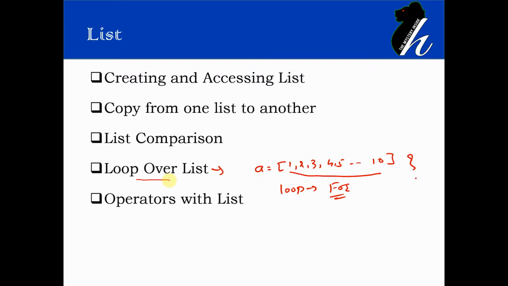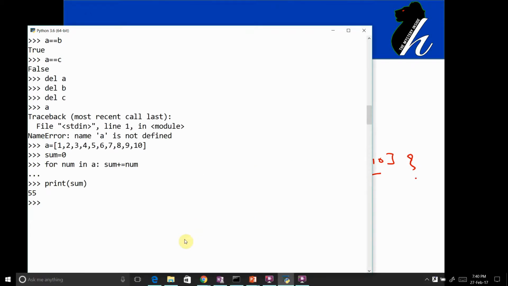Now with lists we can use various operators. For example, in, not in, the plus operator and the multiplication operator. So these are the operators. The in operator is useful just to test whether the item that you are looking for exists within the list or not, and not in is exactly the opposite of in. So let me demonstrate the same.